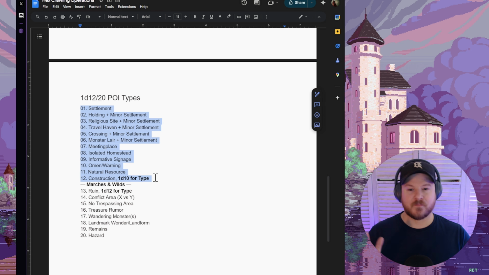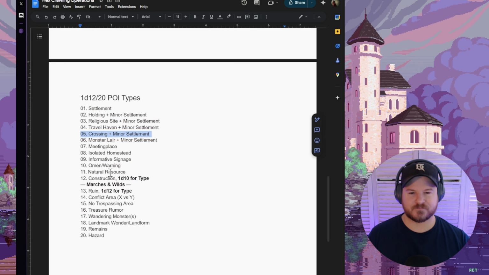more meeting places, isolated homesteads, informative signage, omens of warnings, natural resources, and then number 12 is a fun one that I really like in this list, is construction. So you're going to run across a building site, basically, and then you roll a d10 and you take one of these. So I might roll a d10, let's say I roll a 5. So you come across basically a river that's got a little village in it, and they seem to be actively building a bridge over the river to kind of facilitate trade, to try to grow their town, that sort of